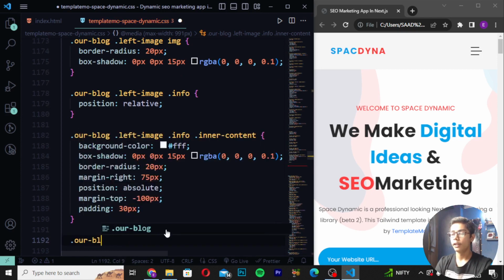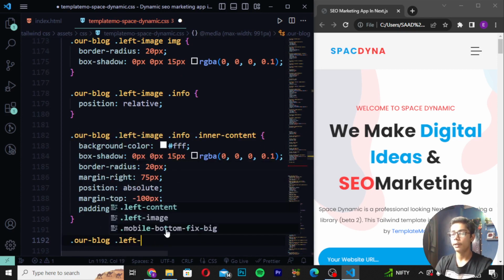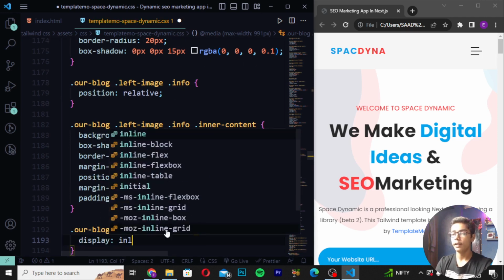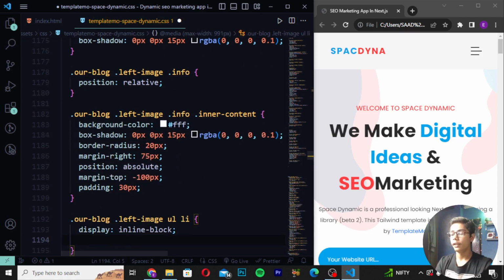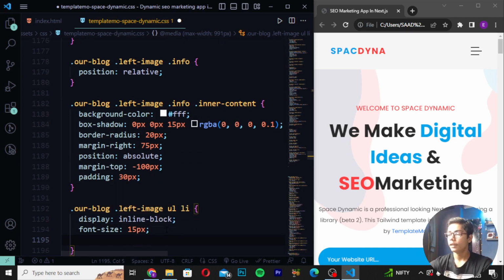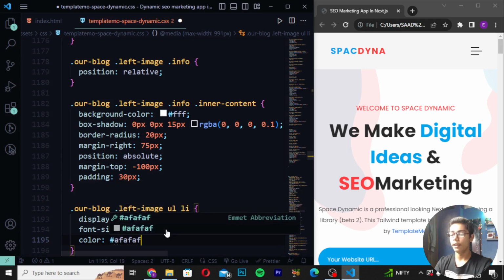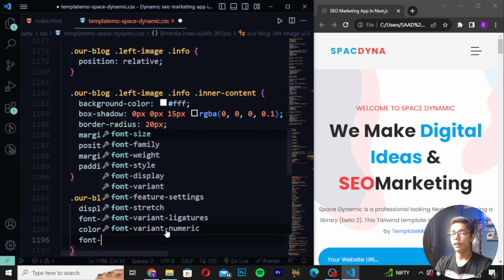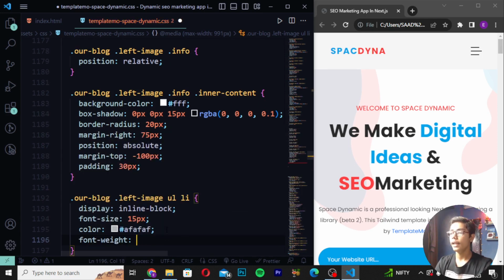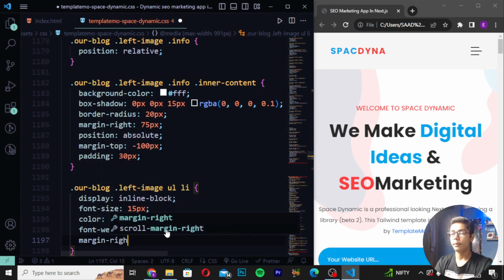Then you have to now write here our block as left image. I will be now setting here ULLI, and I will be now just writing display inline block. Then I will be now writing here font size, and I will be now writing 15 pixel. So you can see now we have just set that, and here I will be now giving the color of text AF like this. Then you have to now give here font weight as 300,